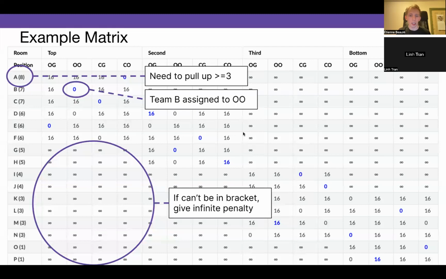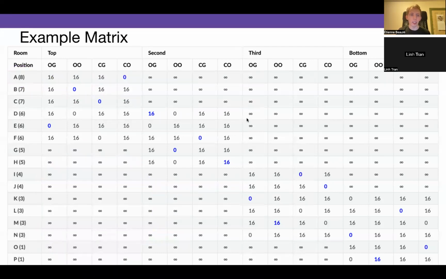Okay. So this is the example matrix. You can see that we're on round 4.